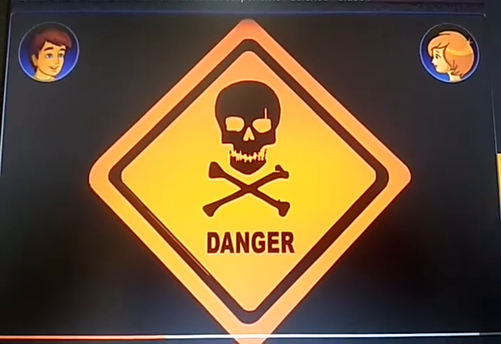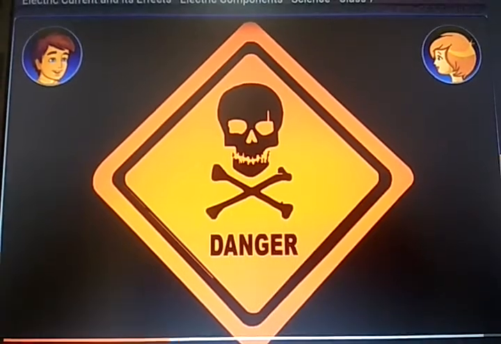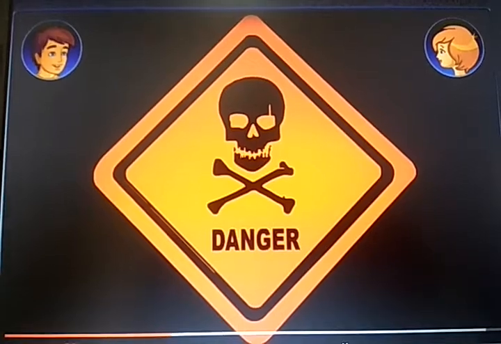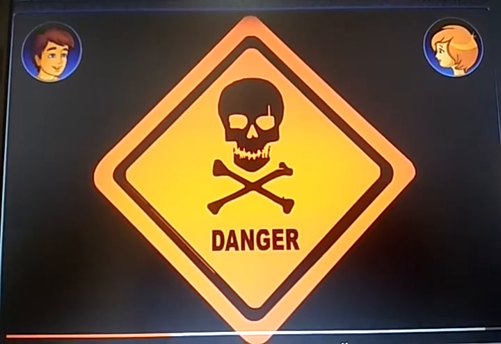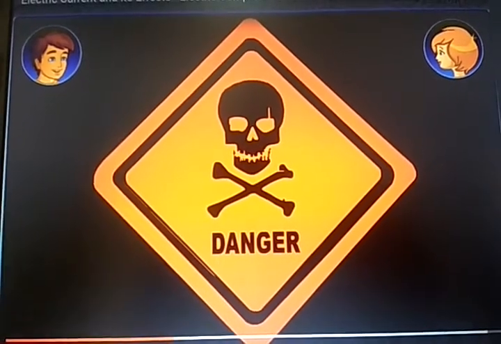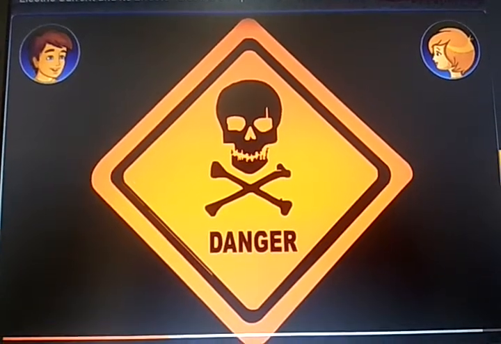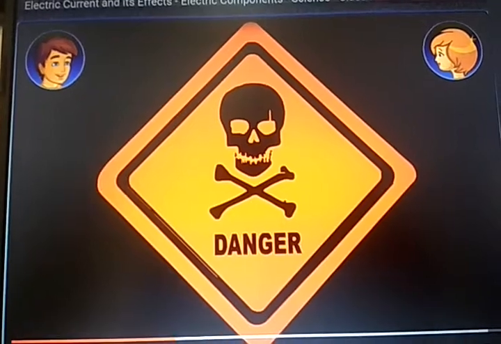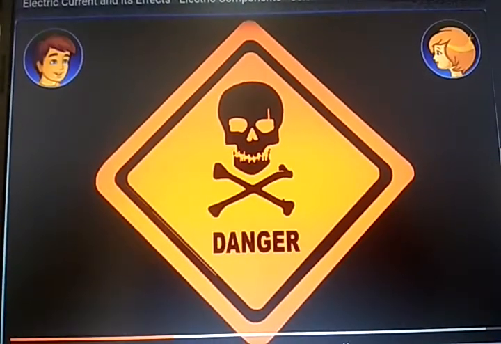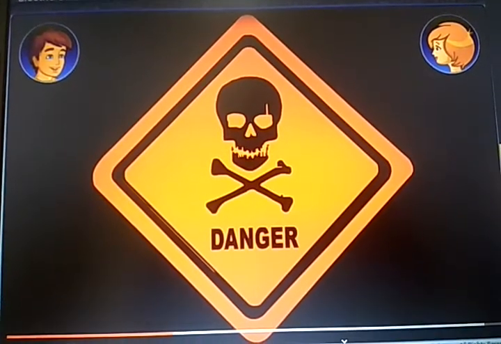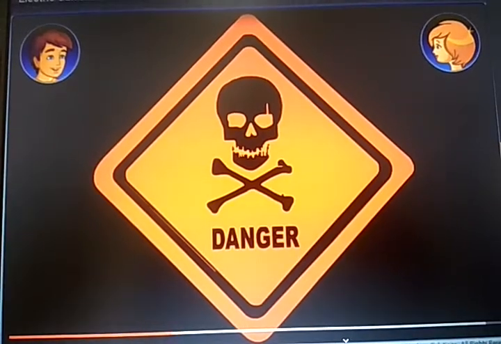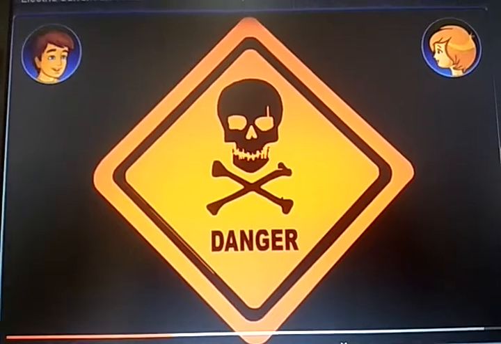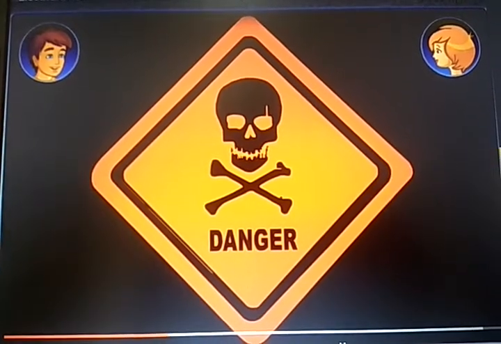Many times you have seen on electric poles at railway stations, where a transformer is there, such a type of symbol. What is this, students? It is the danger sign, meaning that from that device around 25,000, a high amount of voltage, is passing there, right? So we have to be careful and beware. When you see such a symbol, don't touch any components or any wire. Okay, so beware of this.